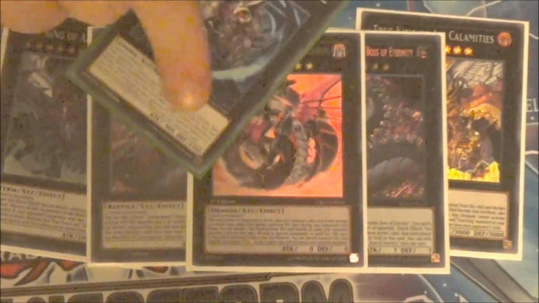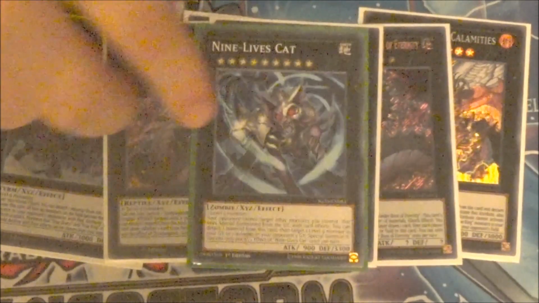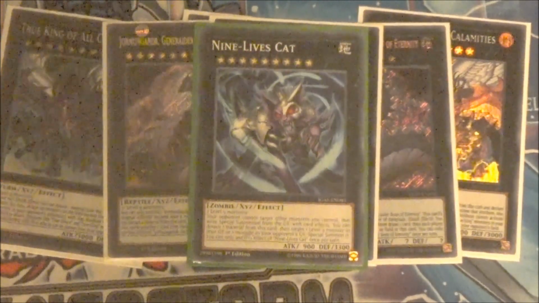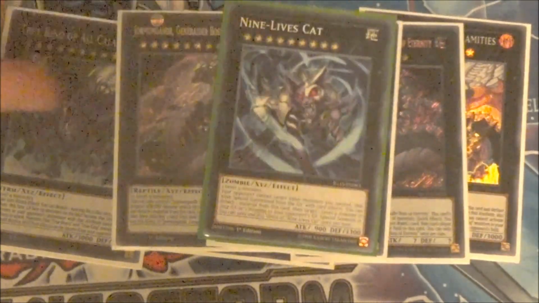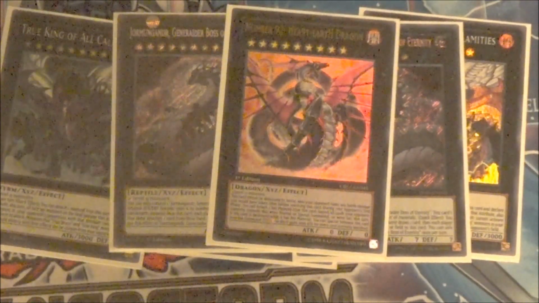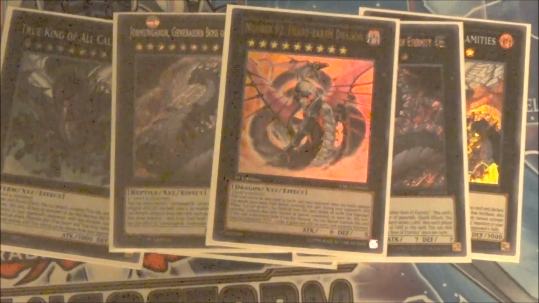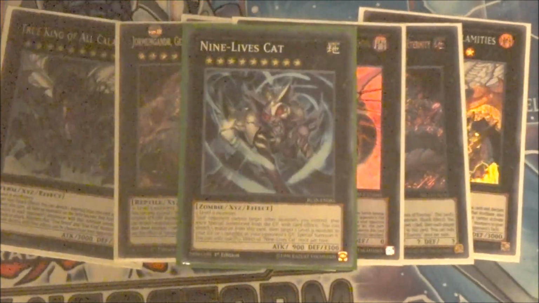One, 9 Lives Cat. This card is actually really good. So it needs 2 level 9s to go into. You detach Xyz material, target a level 9 in your graveyard or a monster in your opponent's graveyard, special summon it, and then while he's on the field, your opponent can't target your monsters that you summon off of it, I think for attacks or card effects. With card effects, okay. So yeah, that's not really super relevant, but the big thing is that this is a